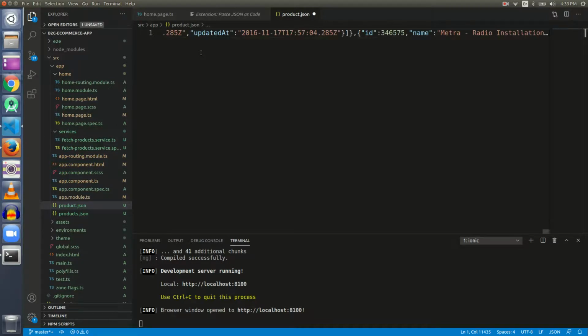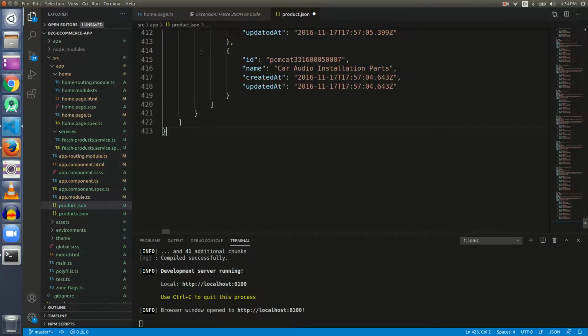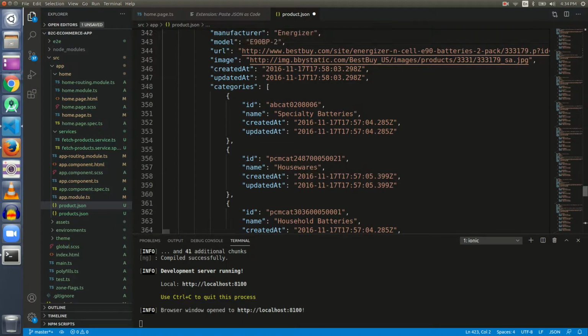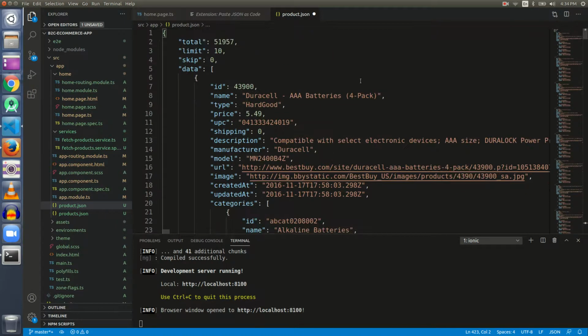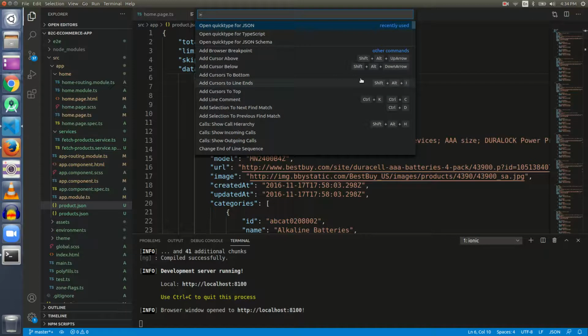Now I have pasted all the data, and we cannot see it properly because we have to format the file. For this, please press Ctrl+Shift+I, and now you can see that our data is formatted in the correct manner, and we can see how the data looks. Now just save this file first.